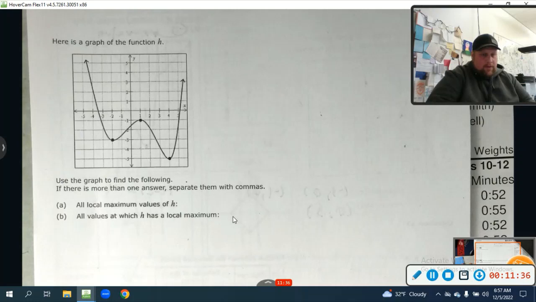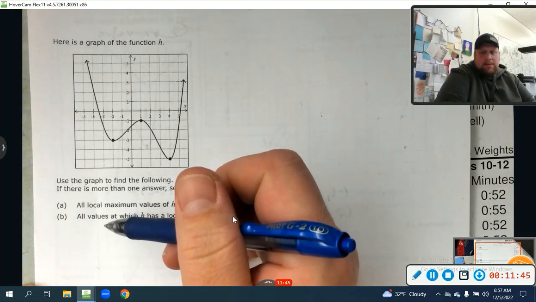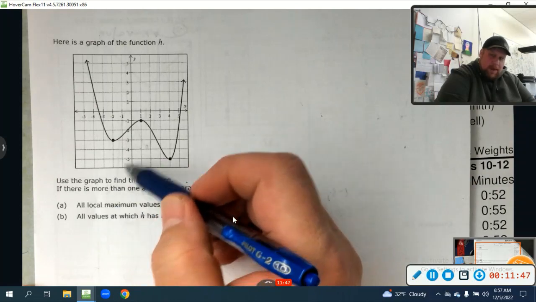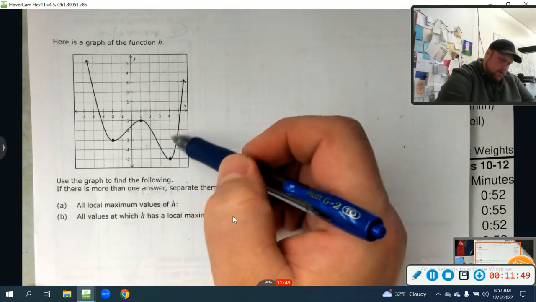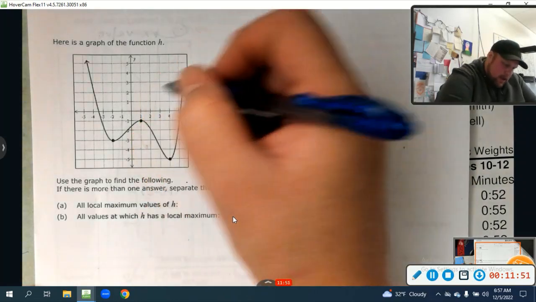Here's the graph of the function h. Use the graphs to find the following. If there is more than one answer, separate them with commas. All local maximum values of h. Remember, a maximum is a mountaintop. It's where it goes from increasing to decreasing. We see a local maximum right here at